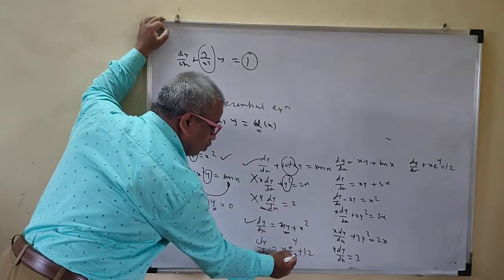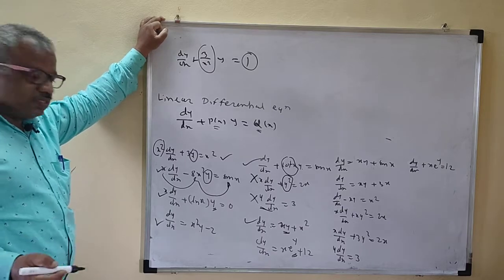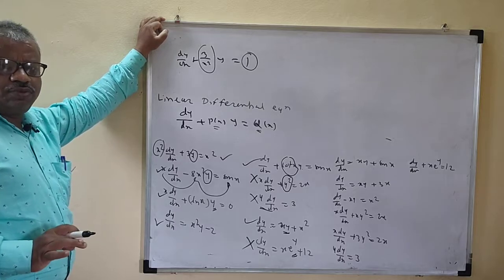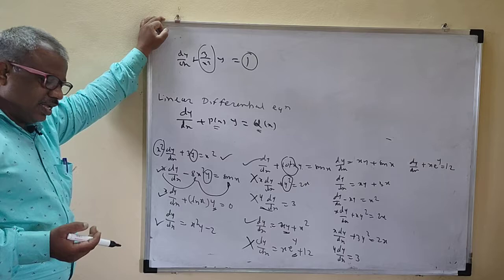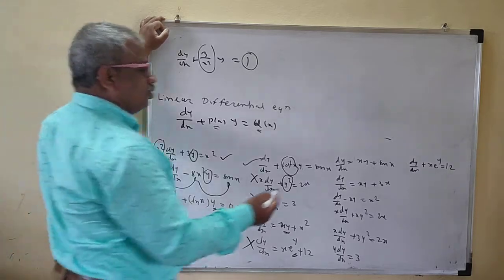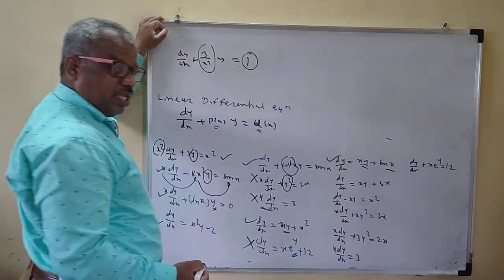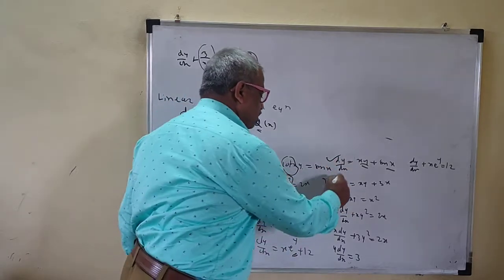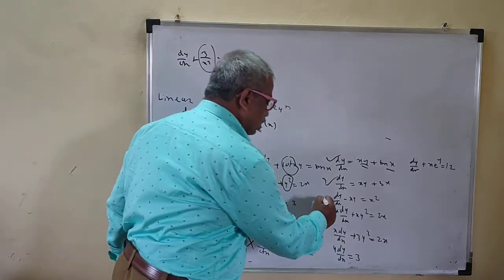Now see, this is e raised to y, or sin y, cos y, something like this. So it is not a linear differential equation. Only a single y should be there. If there is sin y, cos y, e raised to y, or log y, it is not a linear differential equation. Here it is xy only, and this is sin x, so this is a linear differential equation. I can shift xy to this side. There is only one y and all the functions of x. This is the standard form.